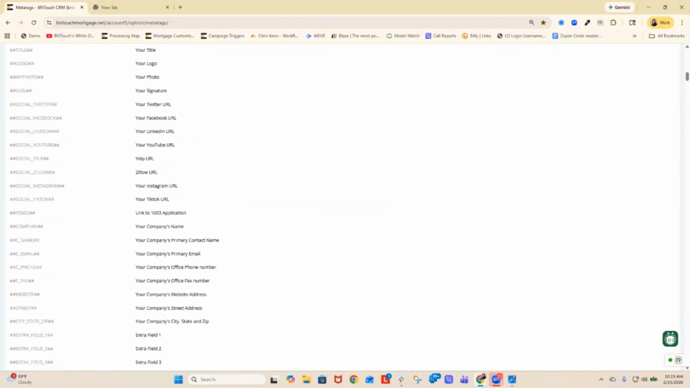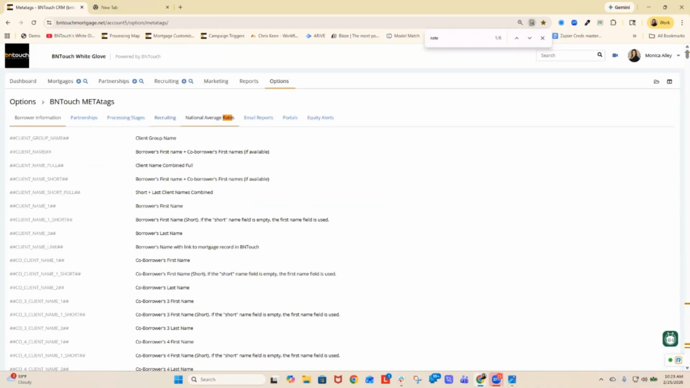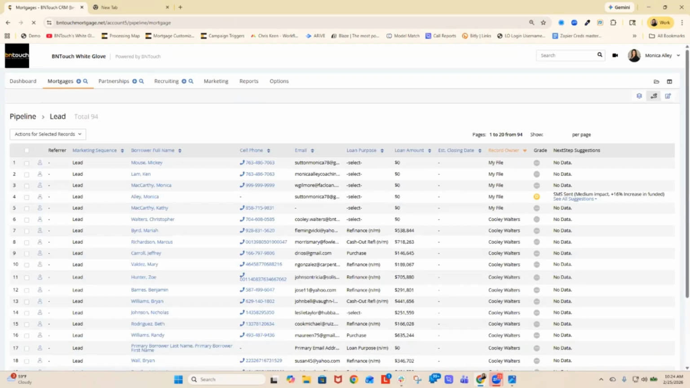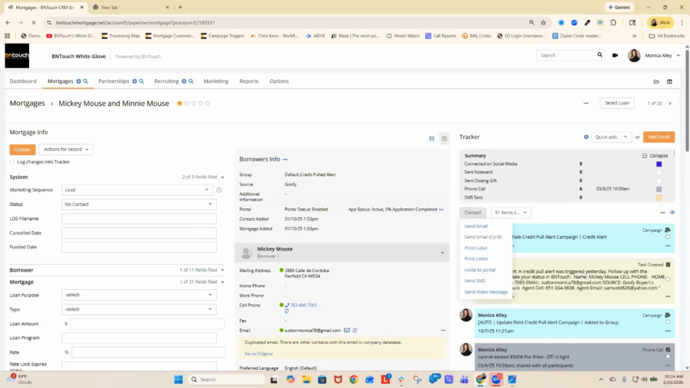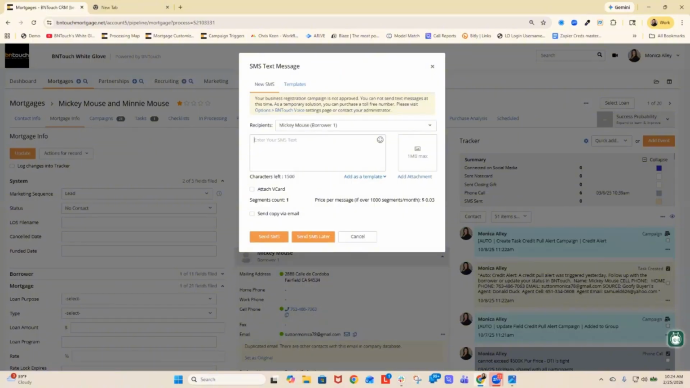But we also have the ability to, you'll see that it's broken out into different tabs here. If you want to pull in the national average rates in a text message, all you need to do is add in the meta tag. So if I want to add this information in, cool. I'm going to go back to my Mickey Mouse here, go into SMS, and then I'm going to add in